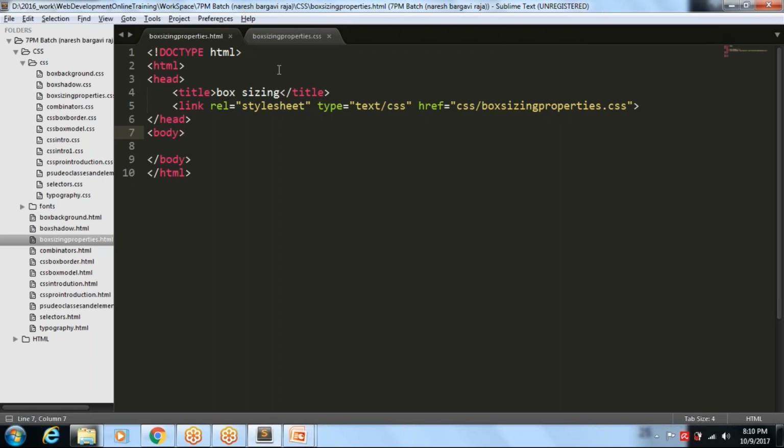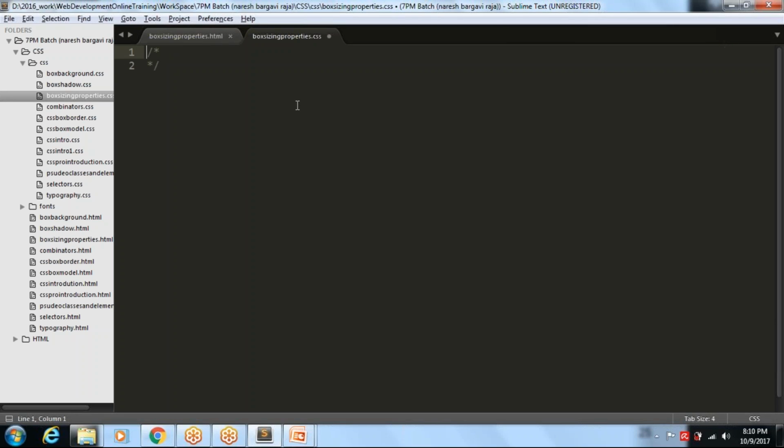Where are we? Yeah, box sizing properties. Generally, I already told you about the box model, right? In this box model, if you want to calculate the width of the box, we need to add the general width of the box, the regular width, the box width,